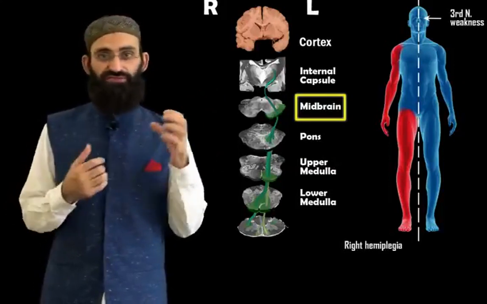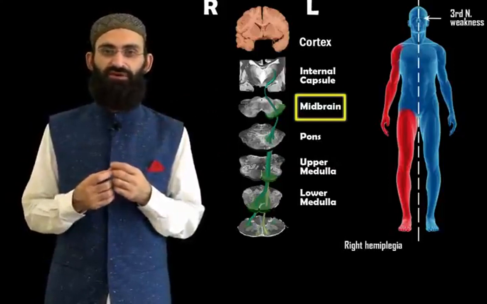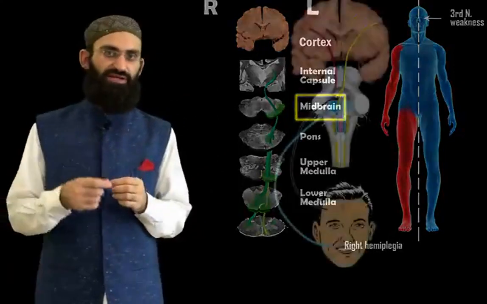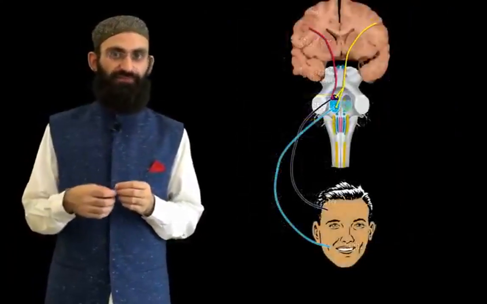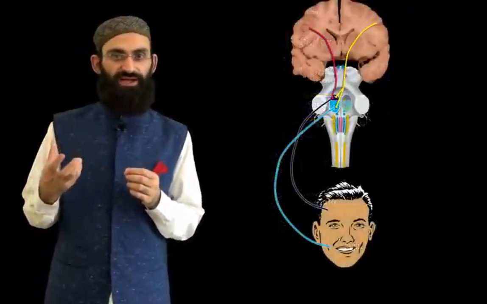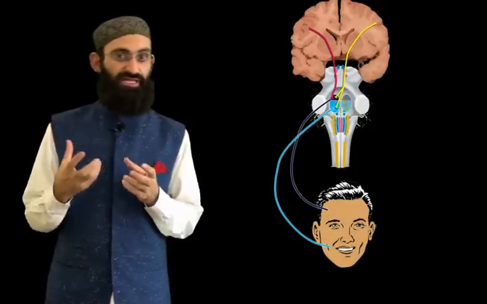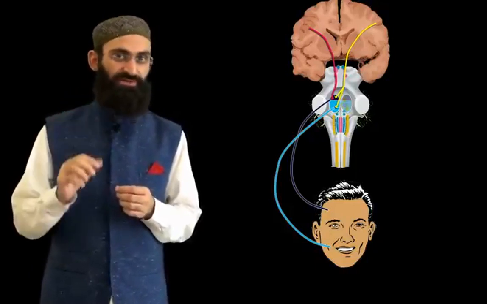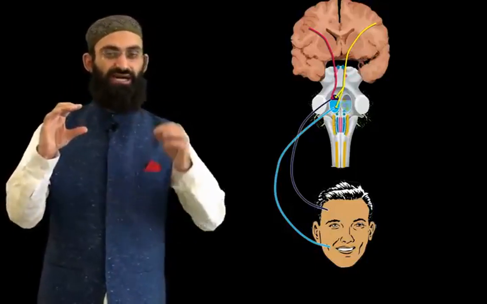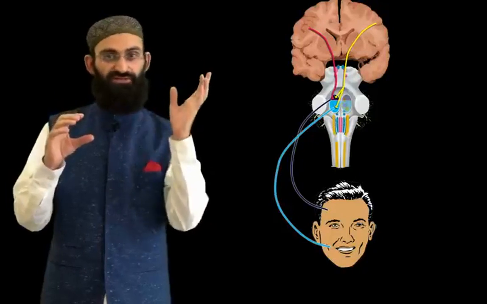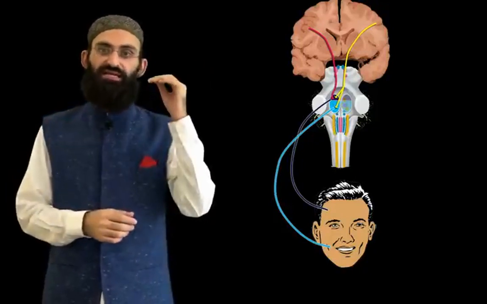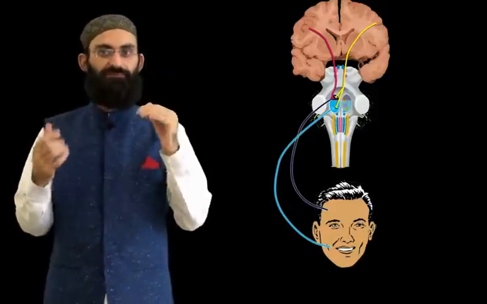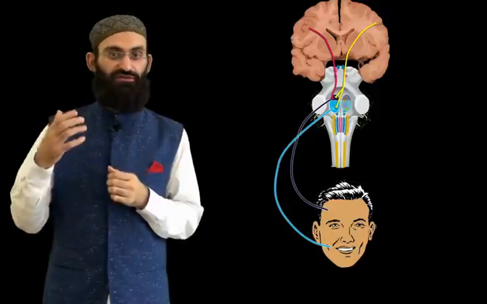But in addition to these two findings, there is also involvement of the left corticobulbar tract. As you can recall from your knowledge of neuroanatomy, all cranial nuclei get innervation from both sides except for the facial nucleus, because that's a hybrid nucleus and its lower half gets upper motor neuron supply only from the contralateral side. So this means that a left corticobulbar lesion will result in right-sided facial weakness of upper motor